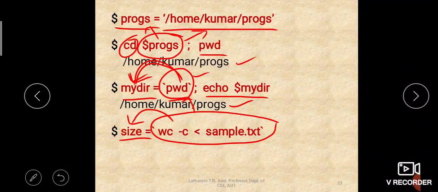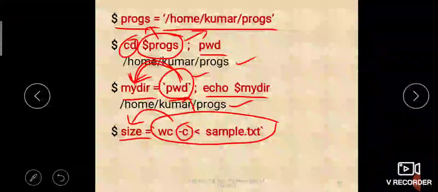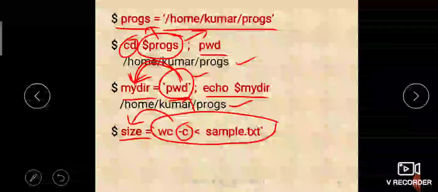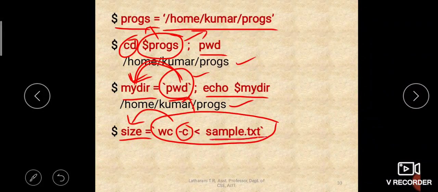It is wc -c, word count, counting only the characters, because we are using -c. Of what? Of a file called sample.txt. And you can observe this less than symbol also here. What is the less than symbol? It is standard input, right?